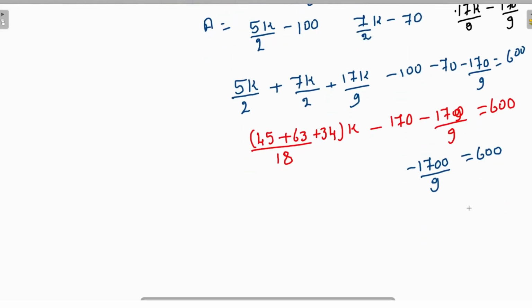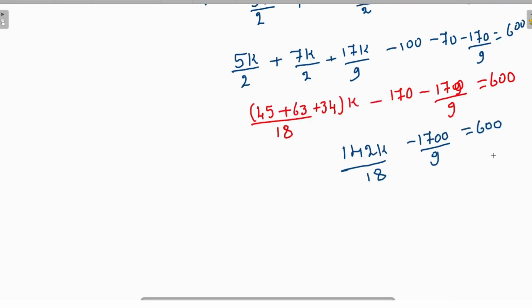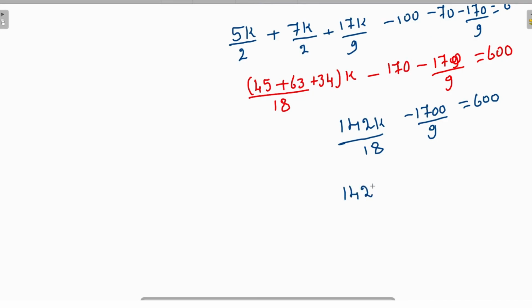Now if I add this number, 45 63 34, if I add this number, it will be 100 plus 34 plus 3 7 12, 142k by 18. So again, this you can calculate. If you shift this number to this side, 142k divided by 18 is equal to, if I shift, 600 plus